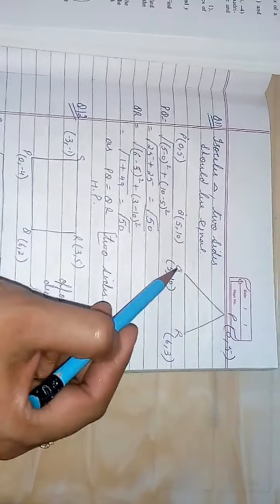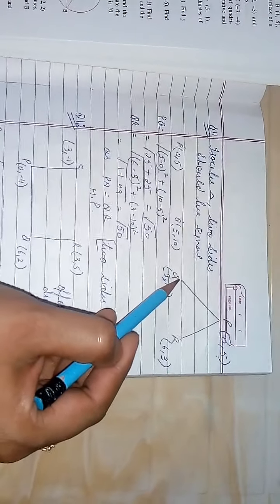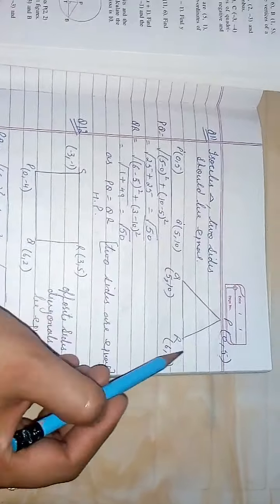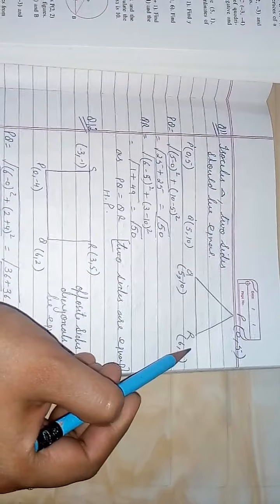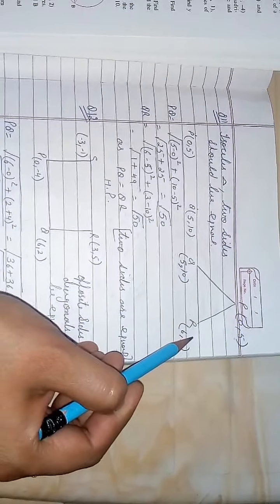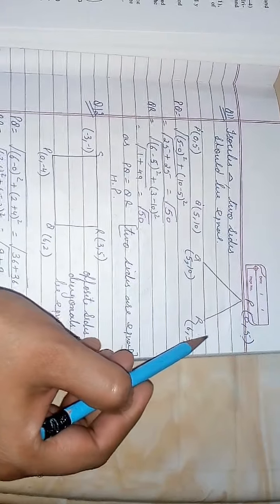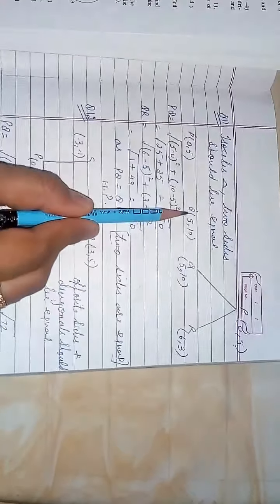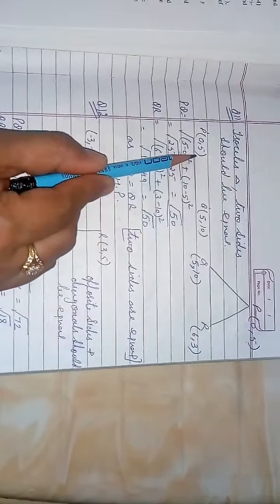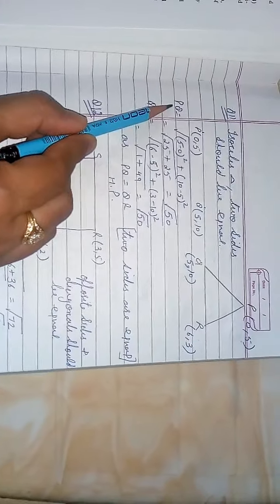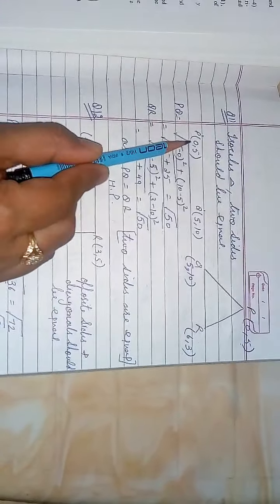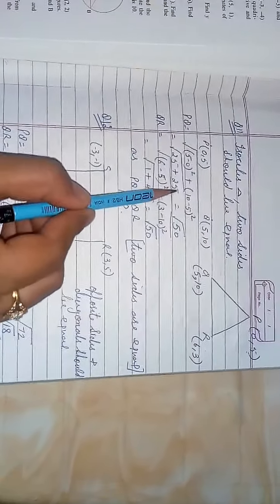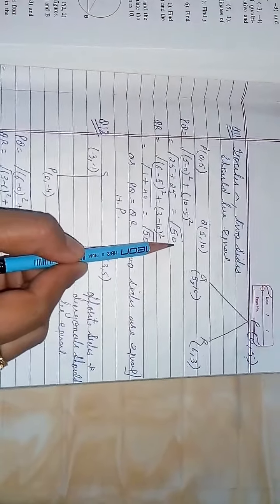So, as we have three vertices, we can find the length PQ by the distance formula. We can find QR also by the distance formula, and PR also. If any two sides are equal, we can say that these are the vertices of an isosceles triangle. First of all, I'm going to find the distance between point P and point Q. The vertices are already written, and you know the formula. PQ is equal to root of (x2 minus x1) whole square plus (y2 is 10 and y1 is 5) whole square. You know how to solve this, that is equal to under root 50.